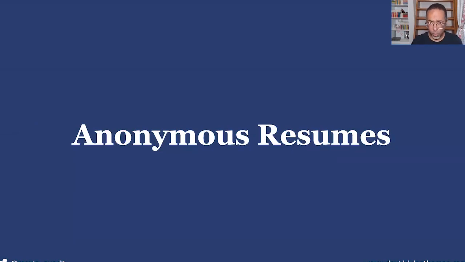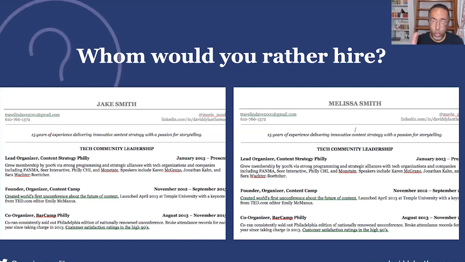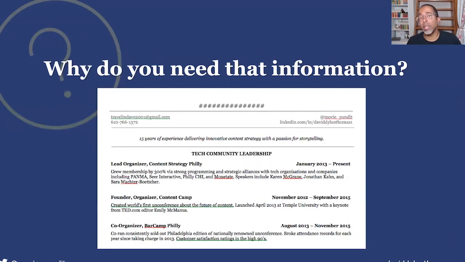So let's go back to that skinny white guy. As it turns out, in experiment after experiment, if you have 2 identical resumes and the only difference is the name at the top of the resume, if it is a female sounding name, it tends to stay on the pile. If it is a male sounding name, it tends to keep going through the process. But here's the thing. Why do you need that information? What about the name is helping you, the hiring manager, figure out who to hire?